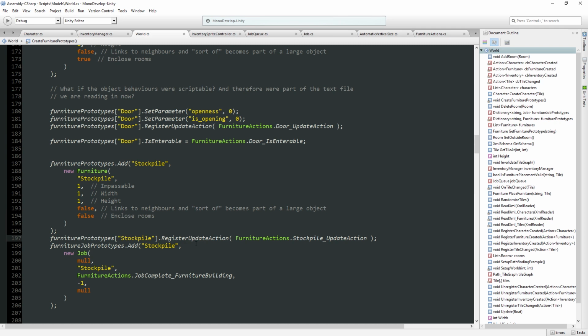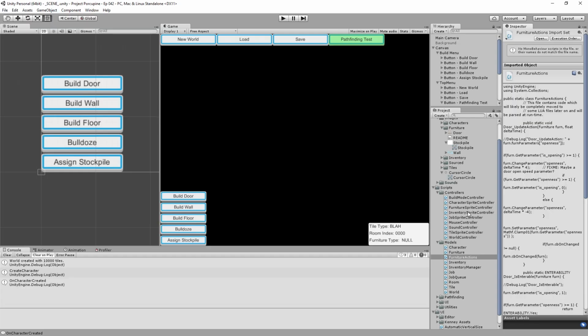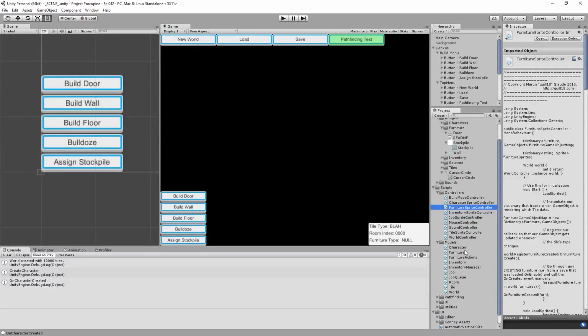So, certainly on loading something. So, what am I trying to say? I'm trying to say, as is, we don't necessarily need to store our job link as any sort of parameter. But what we might want to do on our furniture,